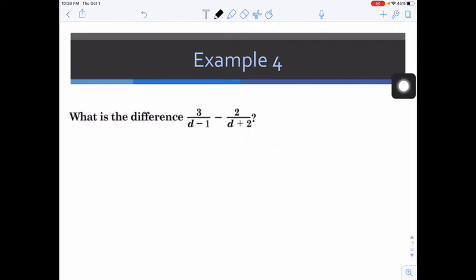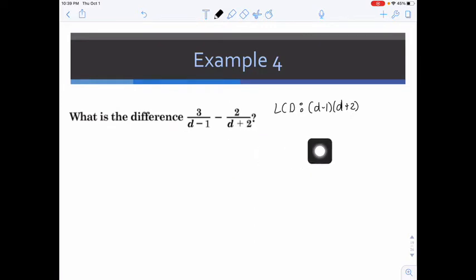So this isn't like finding the prime factorization because we are dealing with a binomial. So if they have nothing in common, we multiply them together, and that is our common denominator. So that gives us a least common denominator of d minus 1 times d plus 2. So here, right now, we just have d minus 1. We need to multiply this top and bottom by d plus 2. And then on this one, we have just d plus 2, so we need to multiply the top and bottom